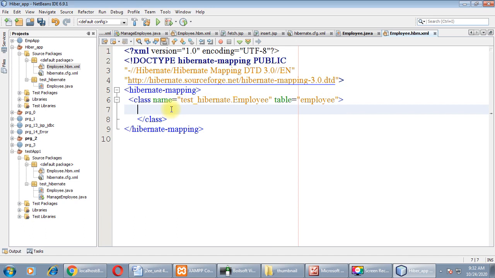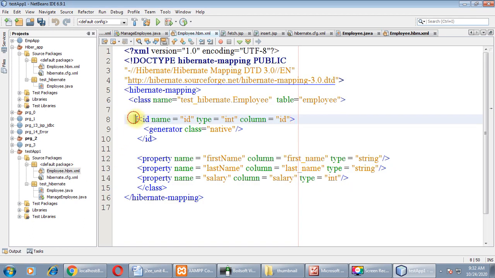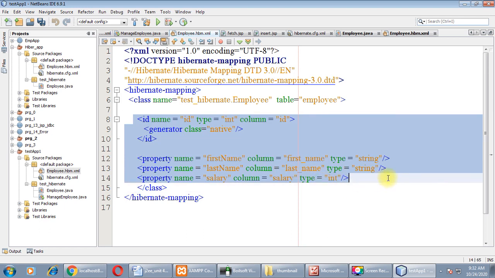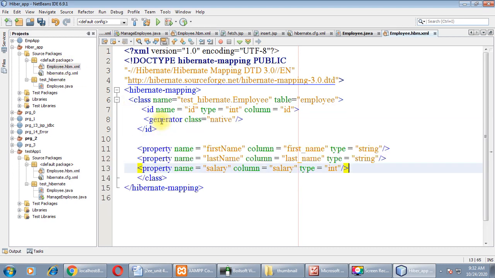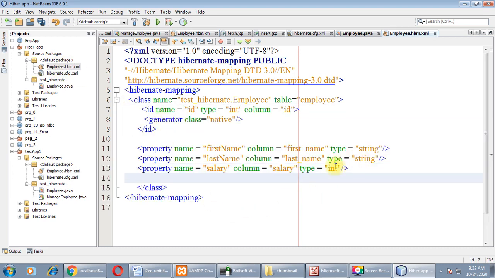Now inside the class we will provide all the properties. Okay, now as you can see, our Hibernate mapping file is ready.